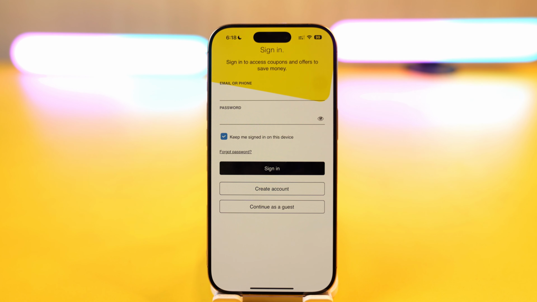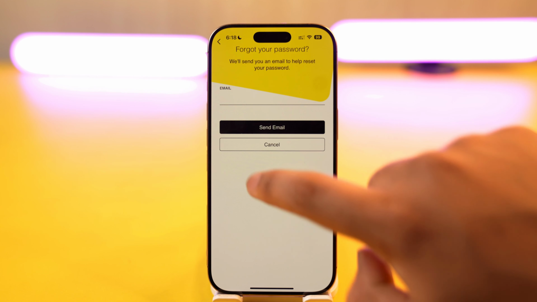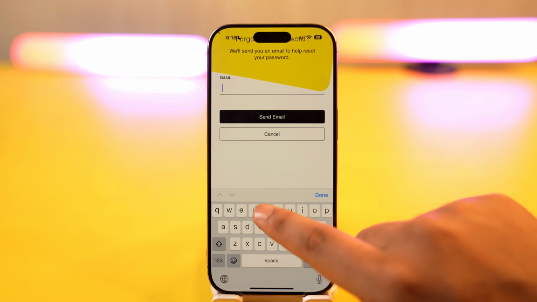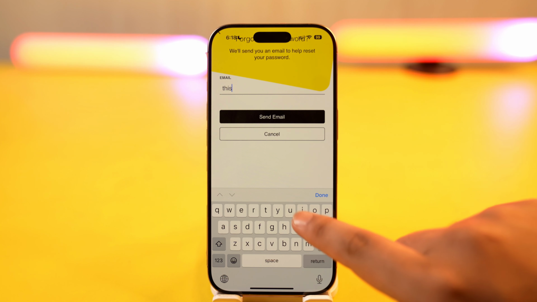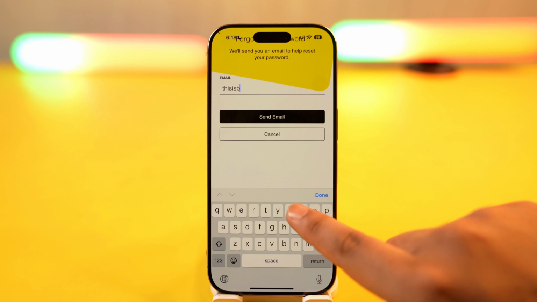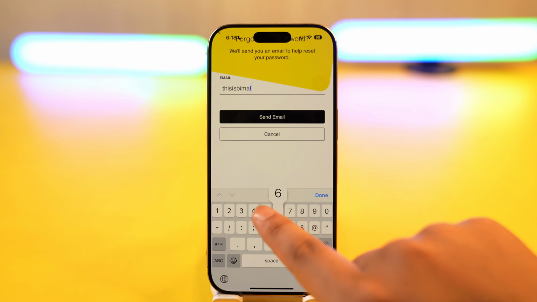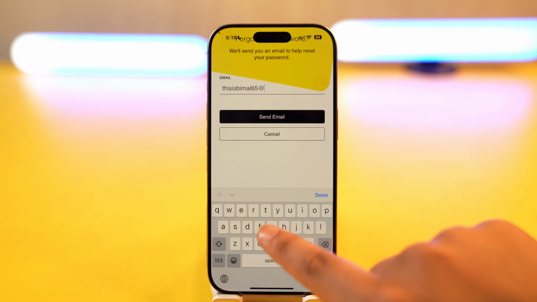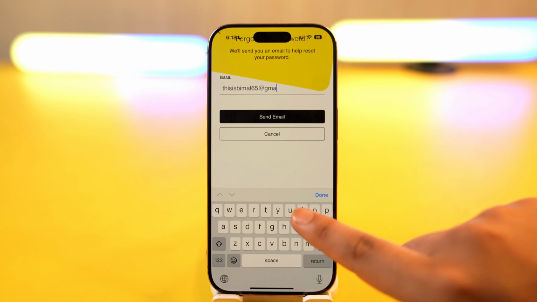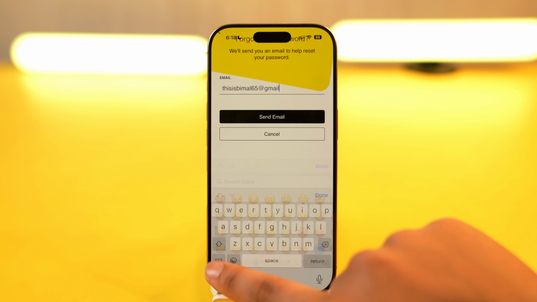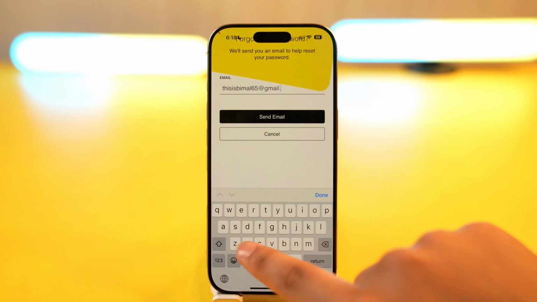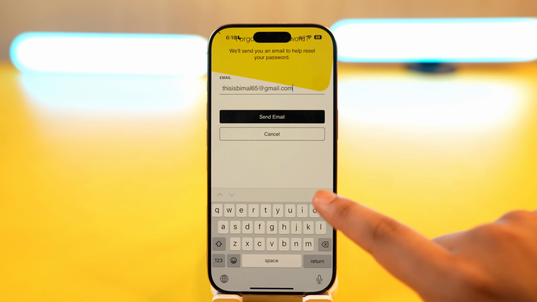Now let's say that you forgot your password. You just have to tap on the option that says forgot password. Enter the email address under which your Dollar General account was associated, and you have to make sure that you have got access to this email address because Dollar General might actually send a code or a verification link to this email. So let me just go ahead and quickly type in my email right here, then tap